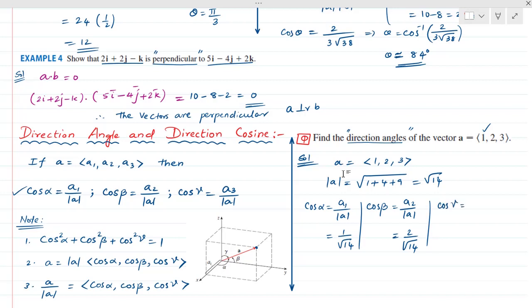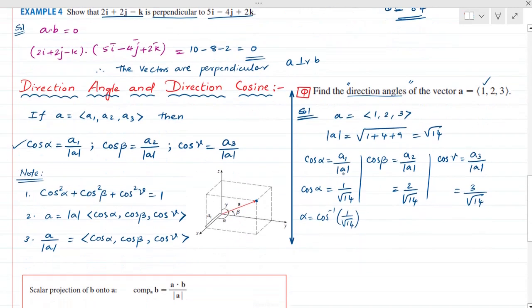Then cosine gamma, which is equal to a3 over the length of a, which is equal to 3 over root 14. So this is the cosine alpha. So what is alpha now? Cosine inverse of 1 over root 14. By using a calculator, we will get this value, which is equal to 74. You can check your answer by using a calculator, and the very important thing is that the calculator should be in the radian